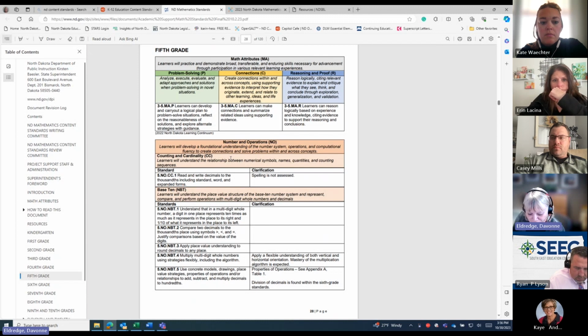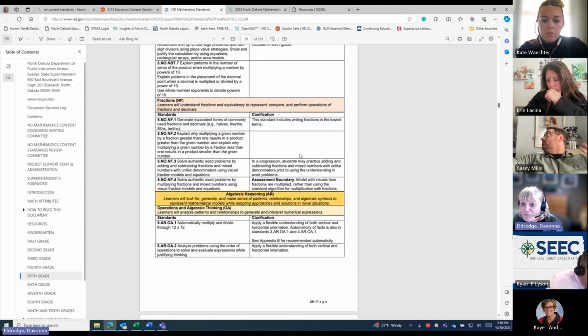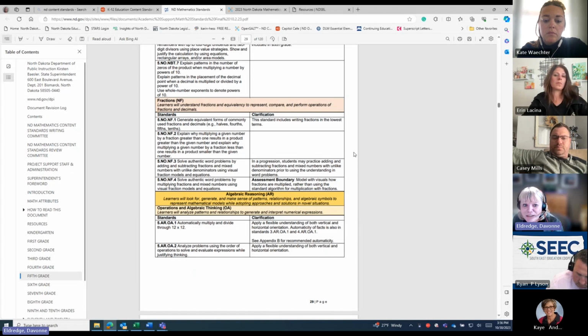We moved skip counting in 1st grade in fractions. If you look at some of the earlier grades, like 1st grade, you would have seen that where they divide a shape into fractional parts, they had that in the geometry area. We moved it back into fractions because it's the beginning of fractions. We also added some standards when it comes to the area of money, because we found that students are not able to count change and that their money skills were lacking a little bit.